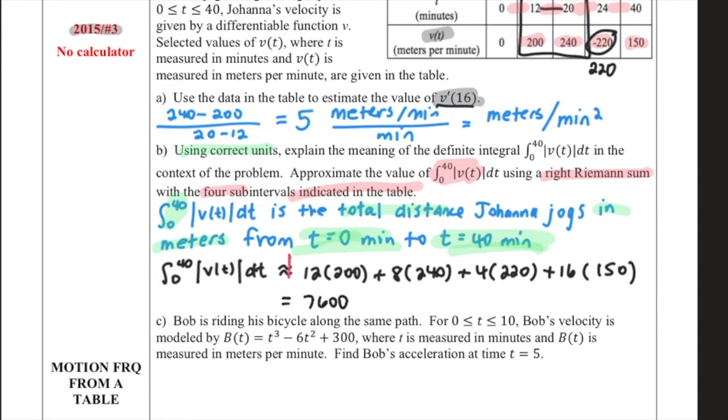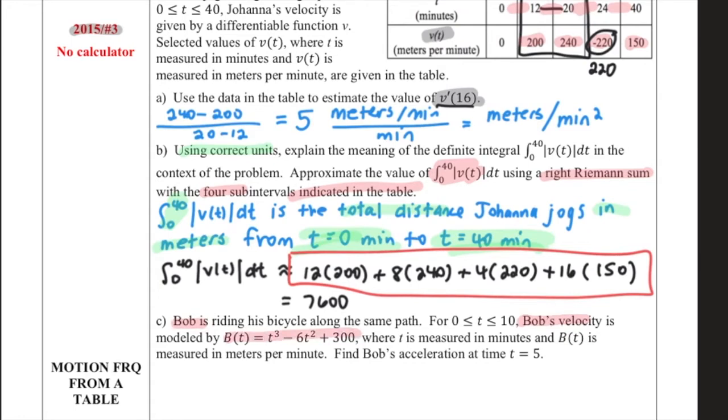But I would advise to just stop it right here. In part C, we have Bob, who's riding his bicycle. We are given Bob's velocity as this equation, and we're asked to find Bob's acceleration at t equals 5. We know that acceleration is the derivative of velocity, so I'm going to start by finding the derivative of b. Make sure to write your b prime of t equation first, and then we're just going to substitute a 5